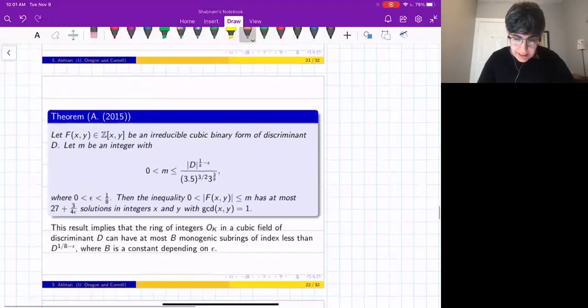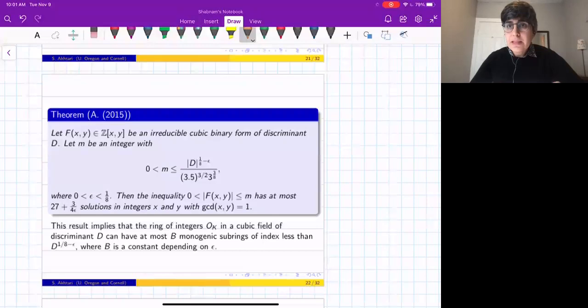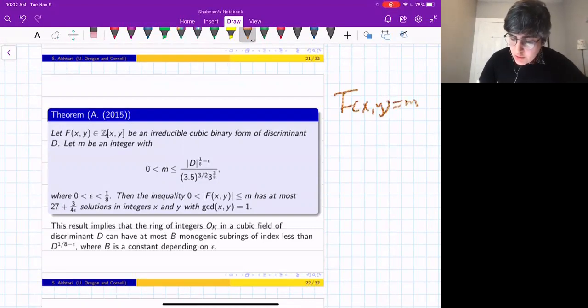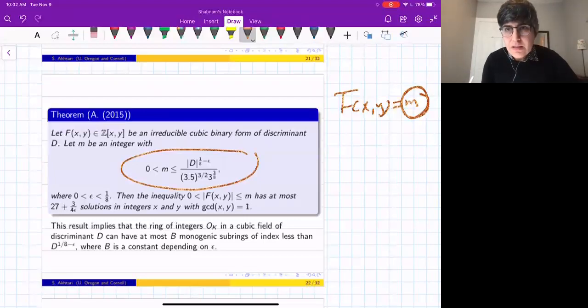So let's see where we are. I am officially over time. I started a bit late, but I'm going to end with this result, but I don't want you to be bothered with the technicality of that. So the result of mine that I wrote here, I wrote it here for cubic, but generally I proved for Thue equations that if you have a Thue equation f(x, y) = m, if this m is small enough, and by small enough, I gave the relation here, but it looks a little bit complicated, don't worry about it. All you need to know, if it's small enough in terms of the discriminant of the form,